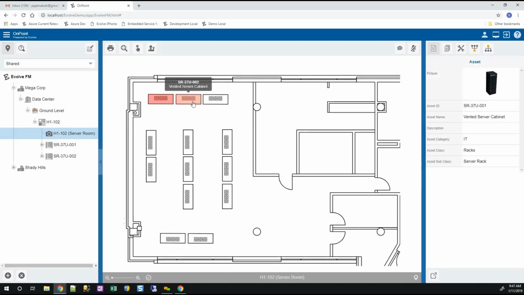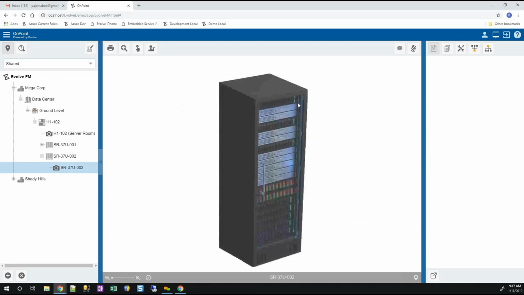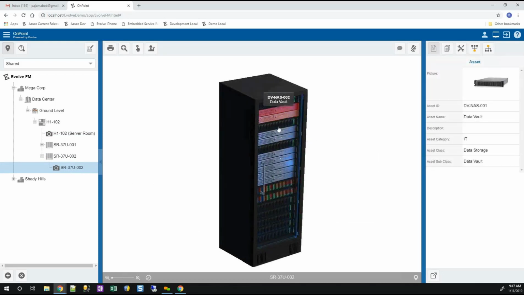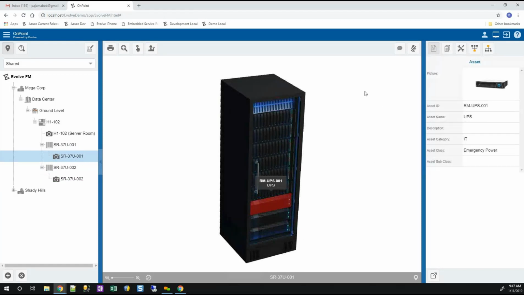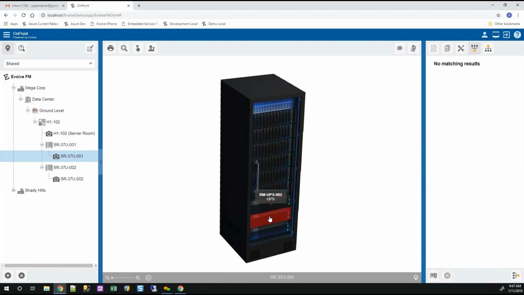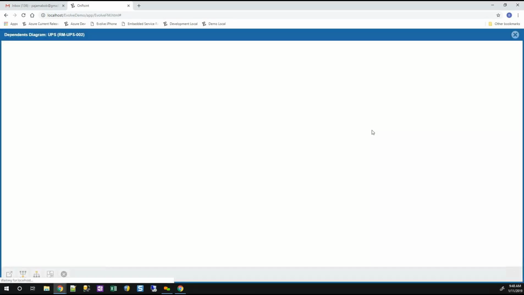I can start clicking on the actual equipment and get information about it. But I can go deeper if I want to. So I can go right down into the server racks and right down into the individual components within a rack if I want to. And I don't know if it's this one or this one. It might be this one. So here I have some UPS systems, and we can, once again, go down, and this doesn't go very deep. Dependents, not services. Yeah, this doesn't go very deep, but you can build it out even further,